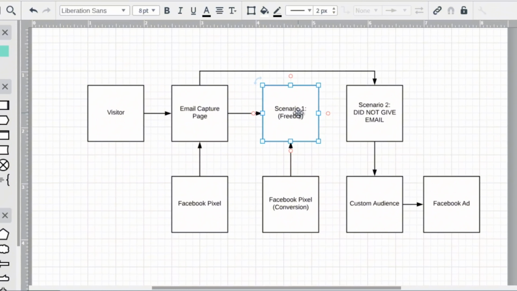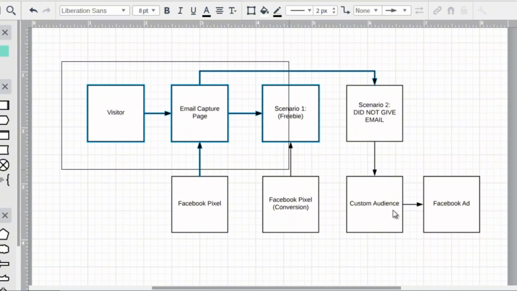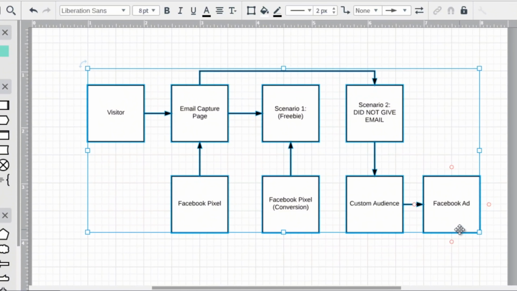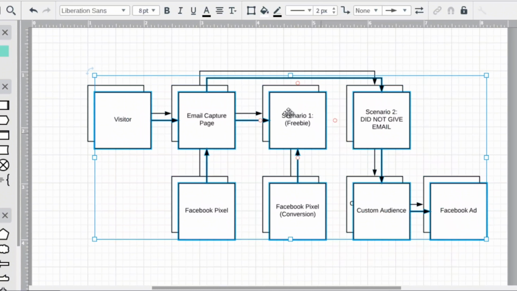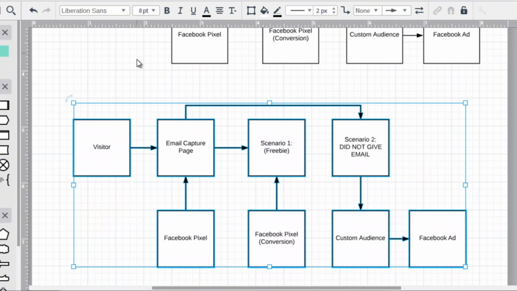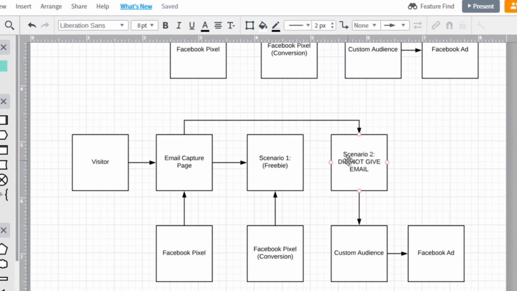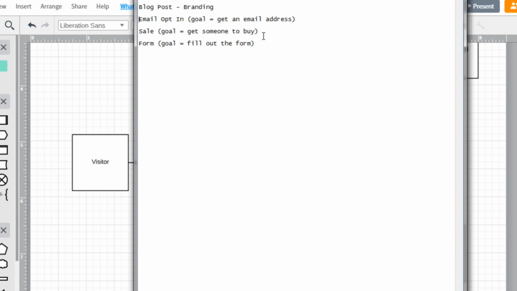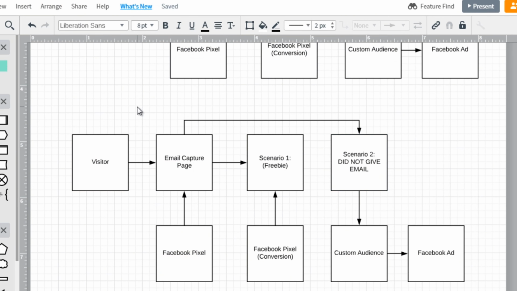So different scenarios will require different setups. So that's one setup. That's an email setup. So not only are you setting things up for if they fill out the email, but also if they do not fill out the email. So the next thing we have is a sale. You'll notice that it's actually very similar. If a visitor comes to a page, and this page can be the sales page, and of course we pixel them,